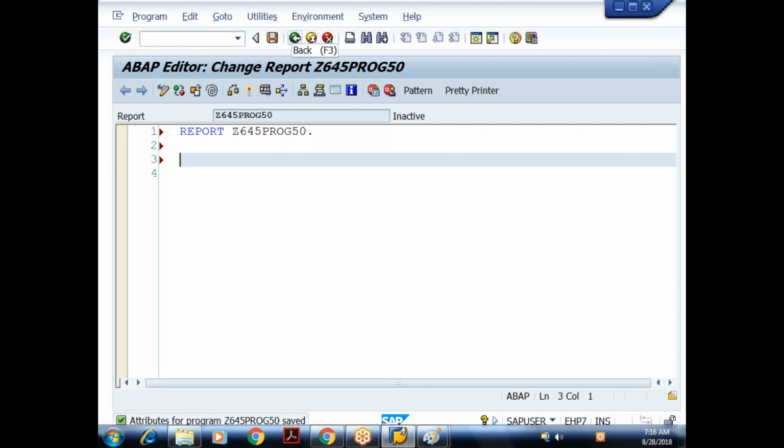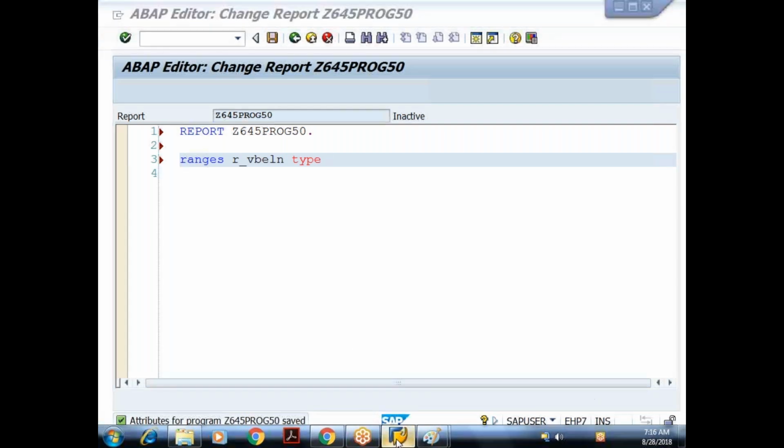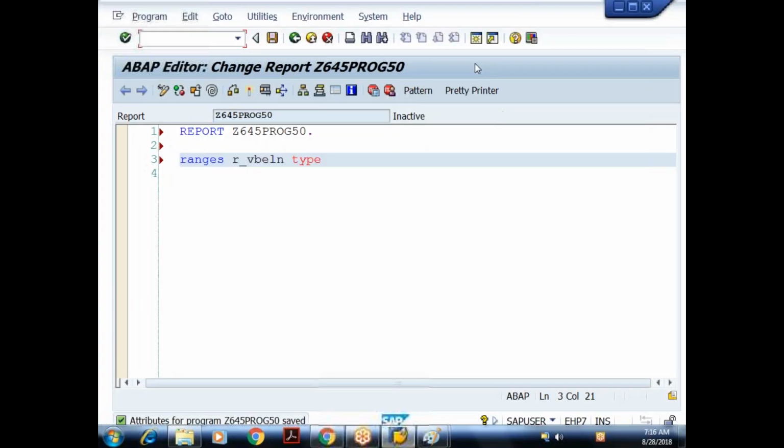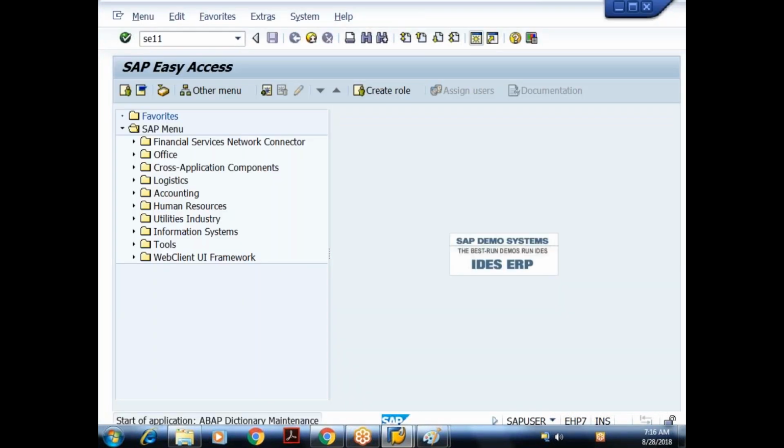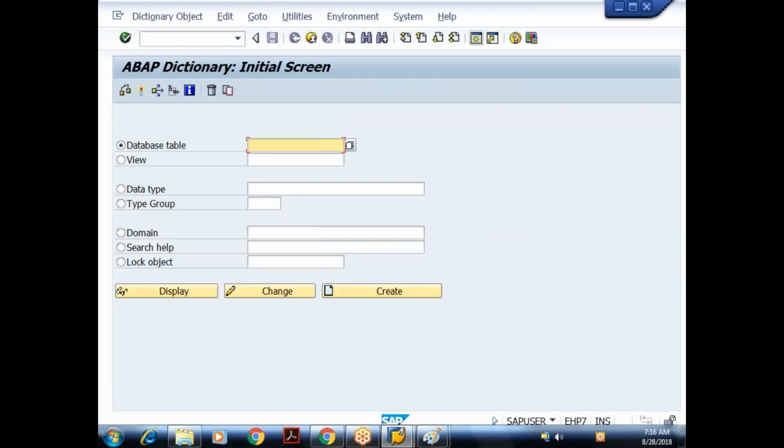So what I'll do is, similar to select options, we have something called ranges. Ranges, I'll say r underscore weblen type. I want to get the data from which table? The sales document item table, VBAP. So if I go to SE11, we have VBAP, right? In the VBAP table, the sales document item data table,